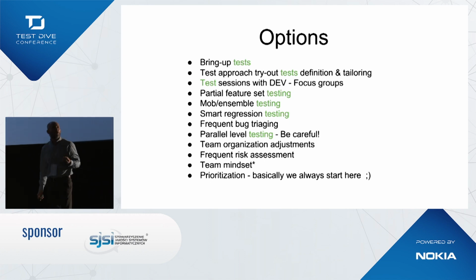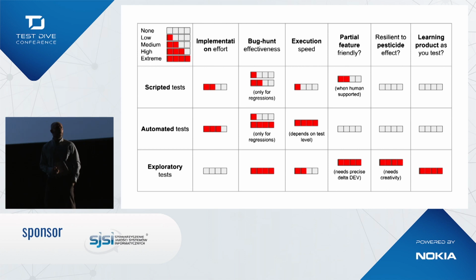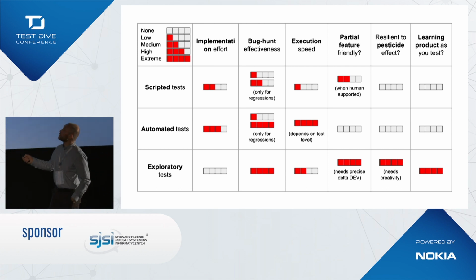What could potentially be the best method of performing the tests? We have it already, that we have to perform the tests, but which kind of tests should we perform to do it efficiently, fast? I've created such a table which covers 3 types of tests from the point of view of specification and also activities type. So we have scripted tests.